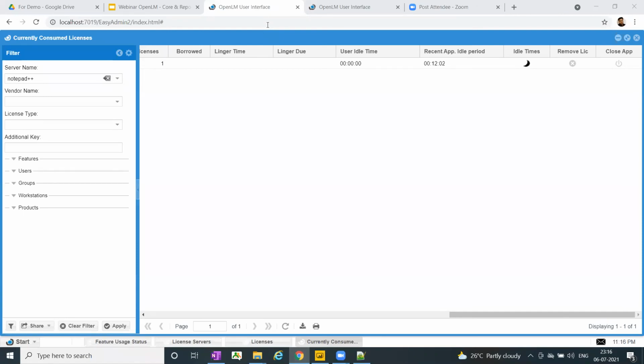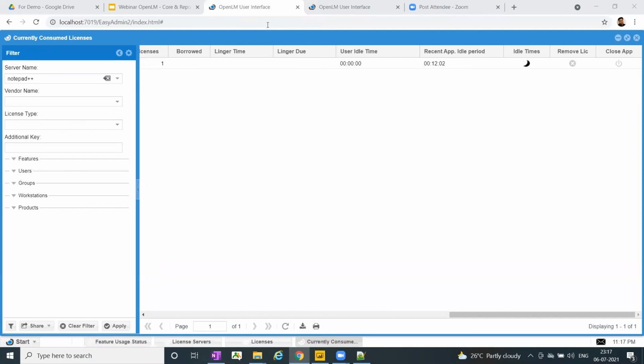Well, the agent can be installed through SCCM or GPO, so you can roll it out. We have the documentation for it as well. And it's a silent installation. The agent doesn't require much time. It's a matter of a few seconds in which you can install the agent silently on the end user workstation.